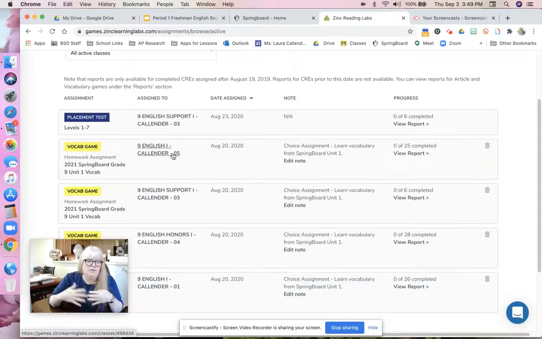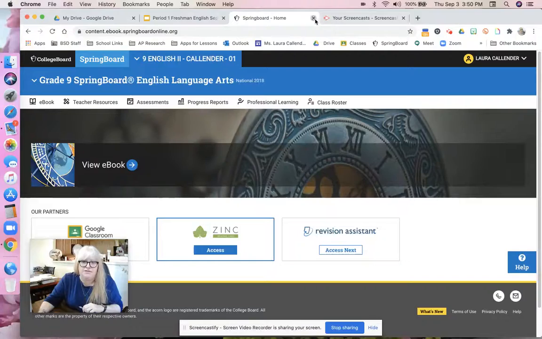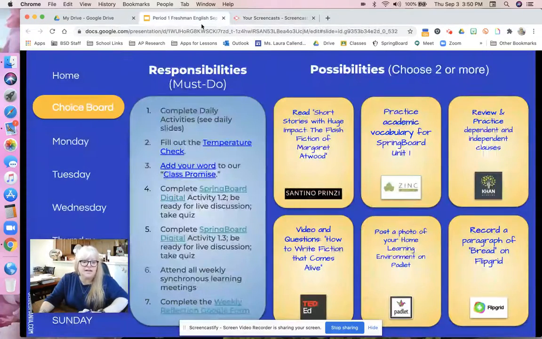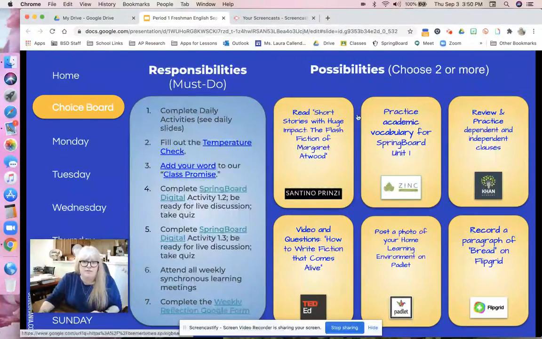It's a game. You go in, you click on it, and it'll play the game with you and help you learn the words and the definitions. So that's how you get to Zinc. It's through Springboard. So the next option on the choice board, going from left to right in the top, is